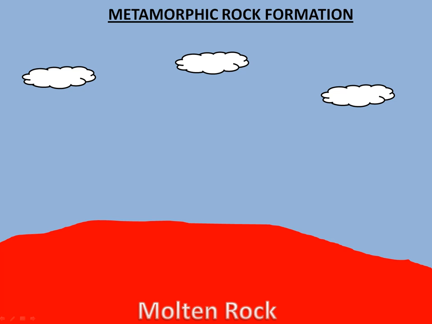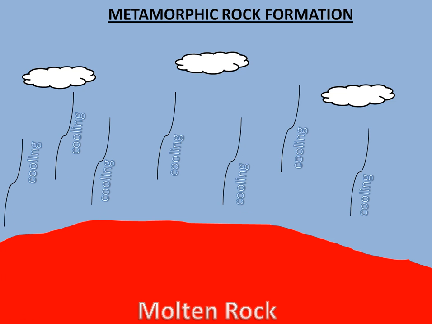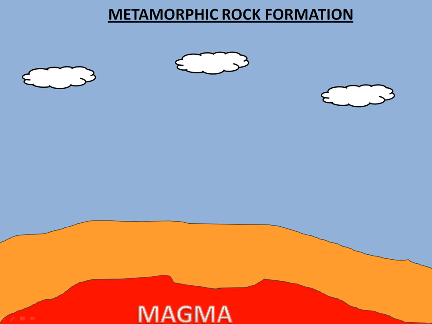So let's take molten rock as an example. Let's just say, for argument's sake, that molten or melted rock has reached the Earth's surface and it starts to mix with the cool or cold atmosphere. If that happens, it's going to begin to cool. Now, as it cools, the top layer of that molten rock is going to harden and solidify into extrusive igneous